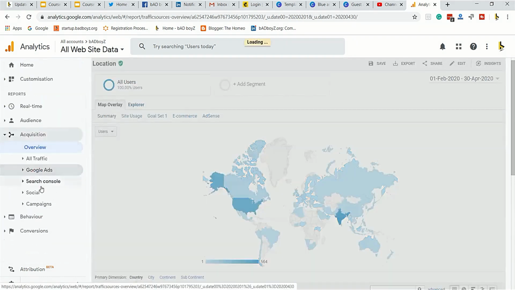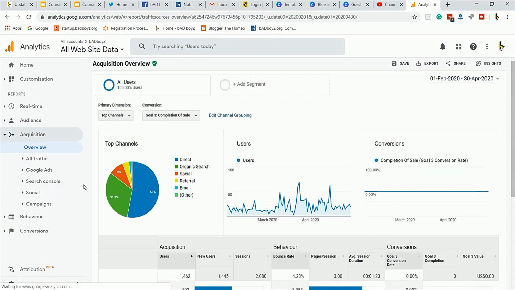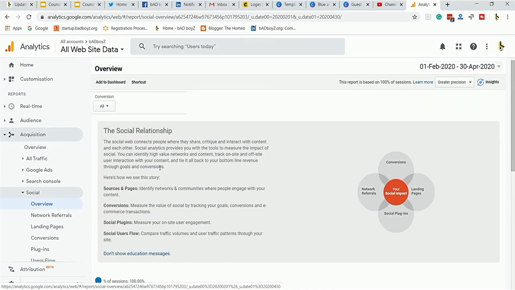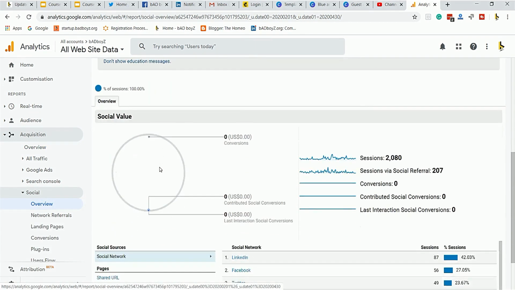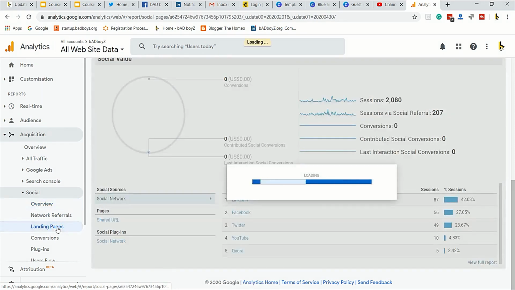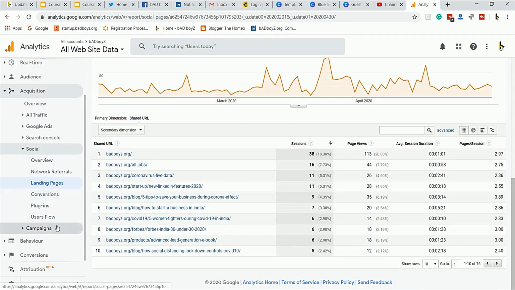Acquisition overview. You can see how social media are doing, and which are the major performing social networks for you. Which are the better landing pages for you can be seen. Conversions, plugin. These are a lot of data that will help you in automating the next campaigns,